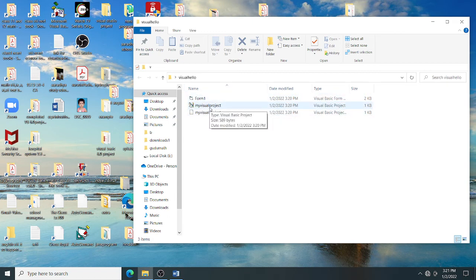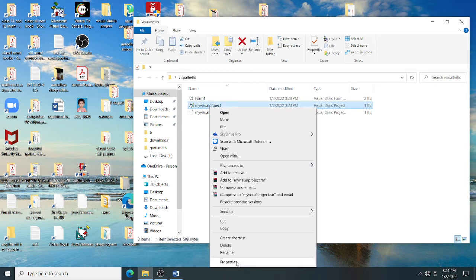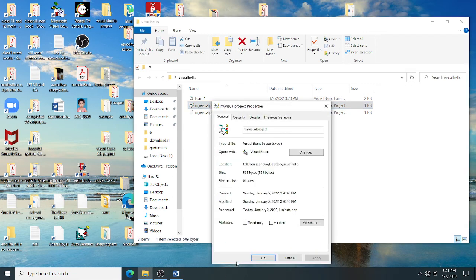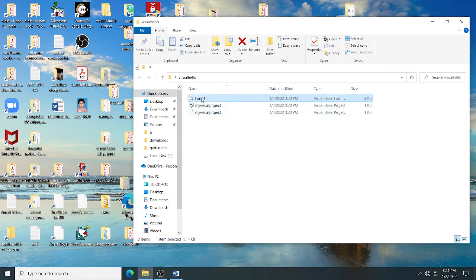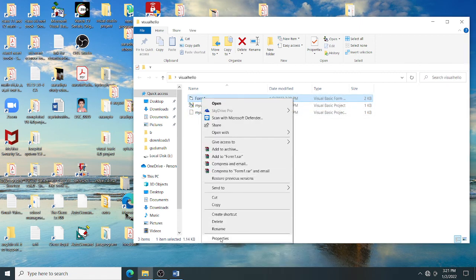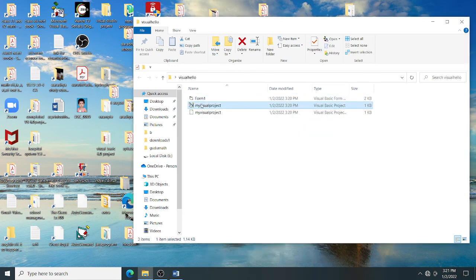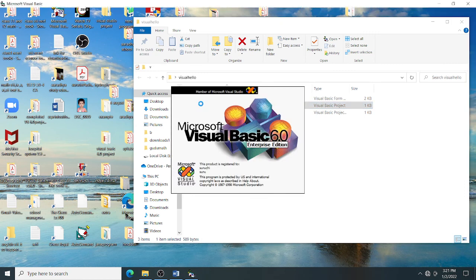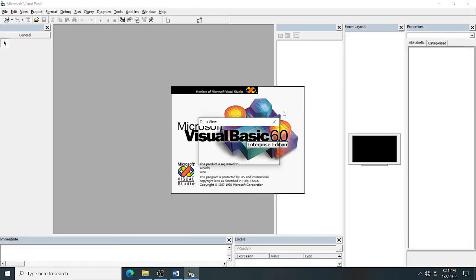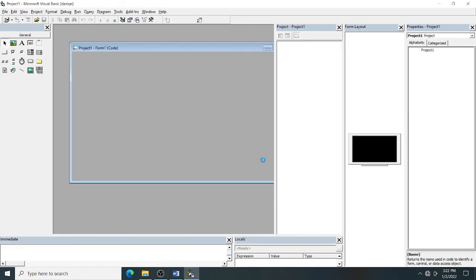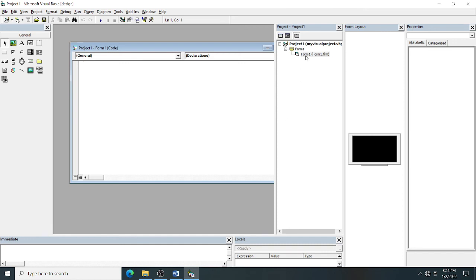Always open the .vbp file. If I right click and go to properties, you can see the extension of the file is Visual Basic Project .vbp. And what is the extension of the form? .frm, form name .frm. So if you want to open, how to open? You just click on it. It is opening, you click on Form1.